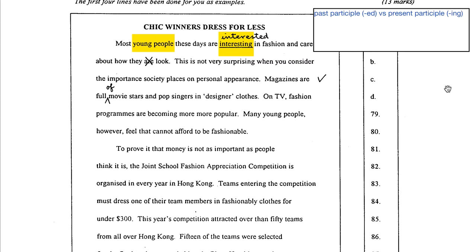Now, when are the 2 participles used? Let's talk about ed first. Ed is the easiest. We use the ed form of a verb if we want to describe the feelings of something. For example, young people are excited. Okay, 興奮. So this is the feeling, how they feel. Most young people are interested. 佢哋對某啲嘢感興趣. So it's also used to describe the feeling of somebody.